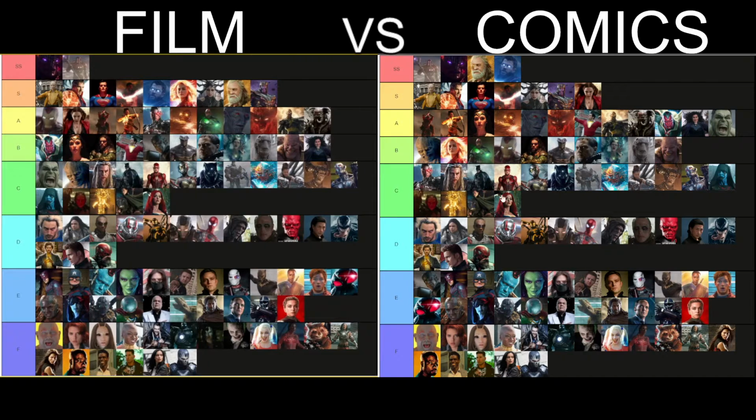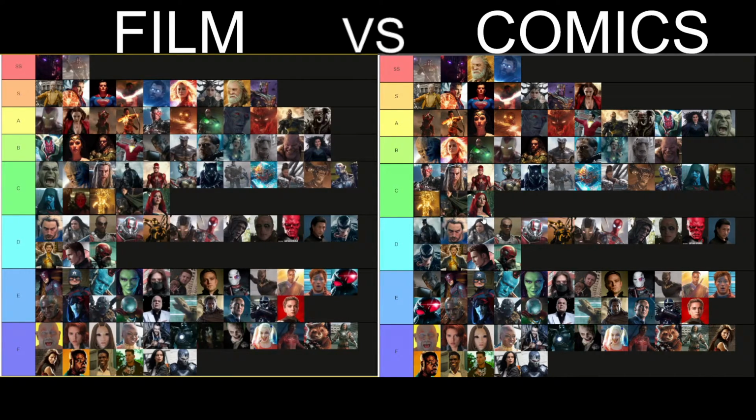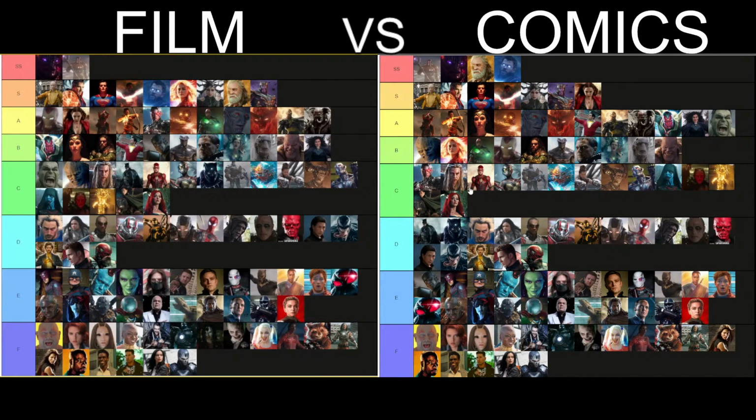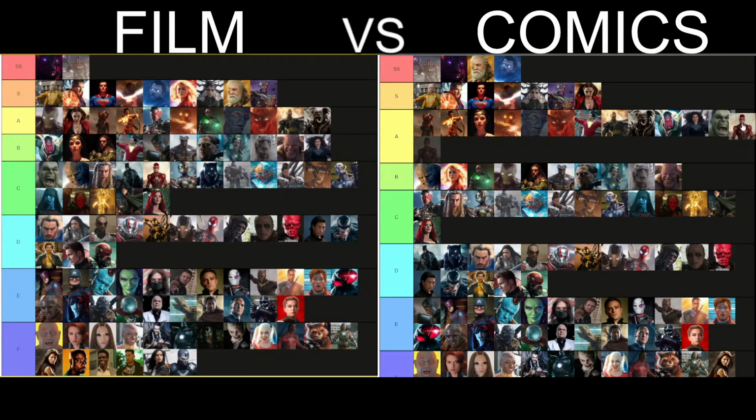Batman is I'm gonna say D tier. He can't keep up with the likes of these people. Black Panther is the same tier as him. Flash is Titan level. Flash has been shown to do all kinds of insane things in the comics that we'll never probably see in the movies, but he is super, super powerful in the comics. Destroyer is Titan level in the comics. We see Destroyer annihilating a lot more than just a small town.